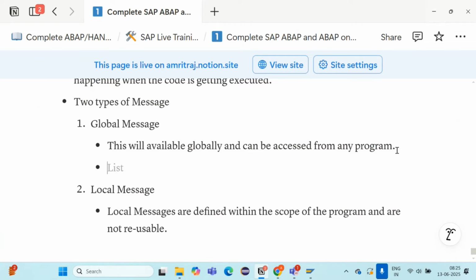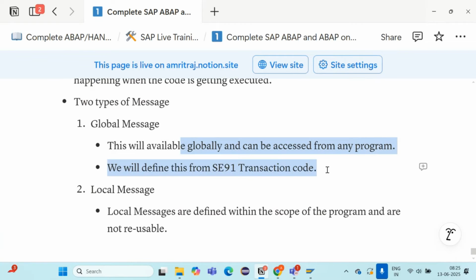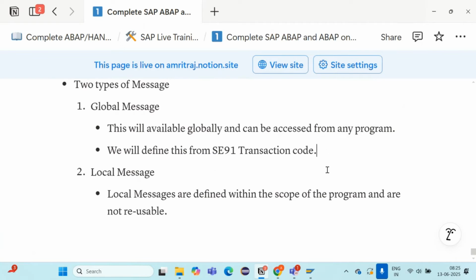We will define it from SE91. Remember another transaction code. We will define this from SE91 transaction code. Yeah, that is a global message. This one is your local message.